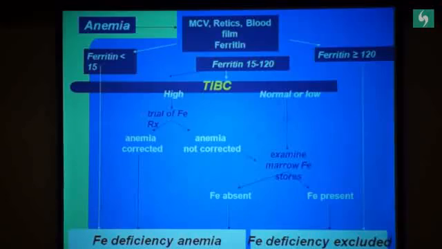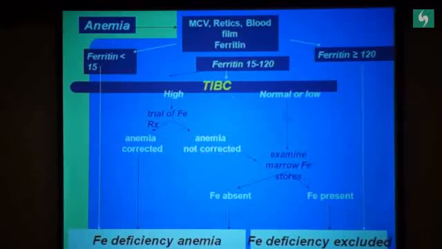We have a history and we look at all the indices and we integrate the peripheral smear and also do the iron studies. So if there's a case of anemia, we look at the iron, TIBC and ferritin, and if the ferritin is less, then it's a clear-cut case of iron deficiency. If the ferritin is between 15 and 20, we look at the total iron binding capacity. If the iron binding capacity is high, then you start giving a trial of iron, and if anemia gets corrected, that is an iron deficiency.